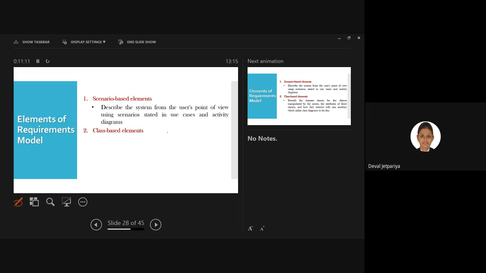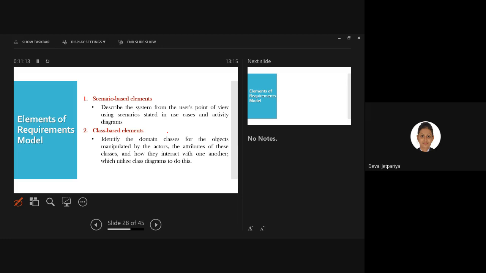Okay. So what type of scenario can you divide? One is scenario based, second is class based. In the scenario based, it describes the system from the user's point of view using scenarios, stated in use case and activity diagrams. So use case and activity are used to represent the scenario.